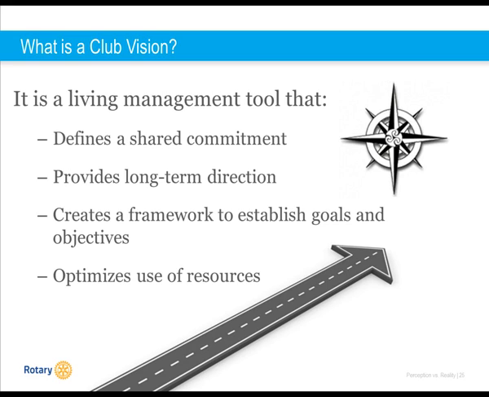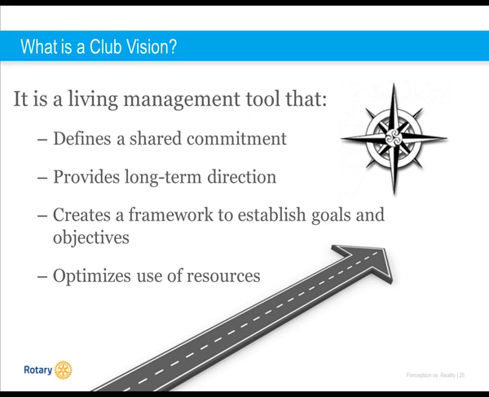Club vision is a living management tool. It is a defined and shared commitment among those present. Simply stated, as club and district leaders, our organization will benefit when clubs see themselves not as they are, but as they can become. When you have a living management tool like a plan, a vision statement, a number of